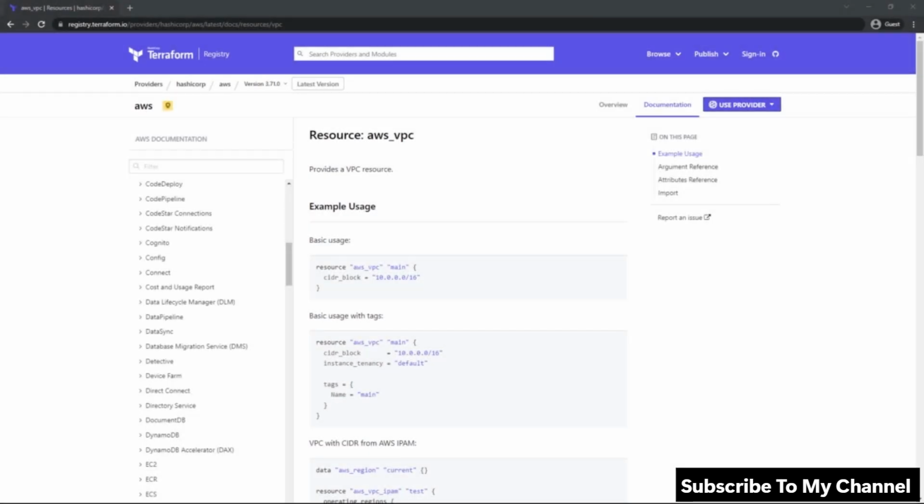Hello and welcome back. In this lesson, we're going to use Terraform to create the primary building block for most AWS deployments, the VPC. So let's get started. As you can see here, the VPC is actually pretty straightforward. You basically specify the